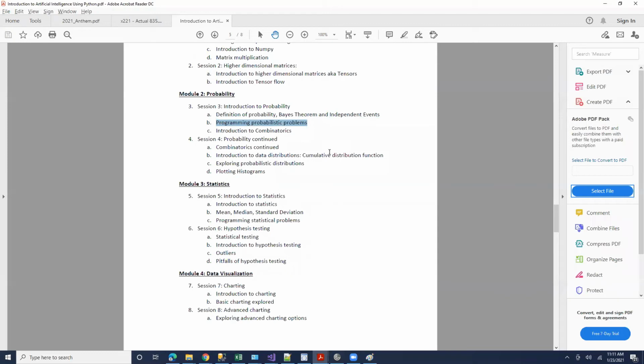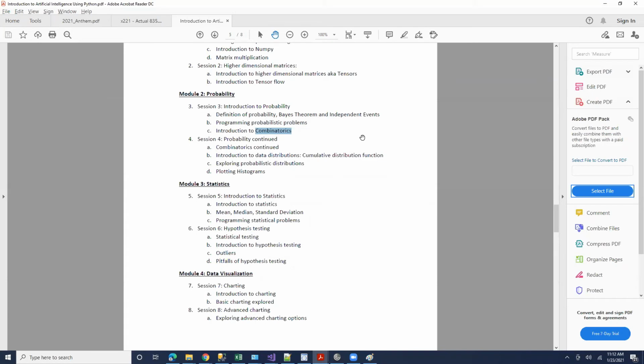What's a probability problem that you have solved through programming? Rock, paper, scissors. Okay, interesting. I made one in Java. And combinatorics. Any idea?